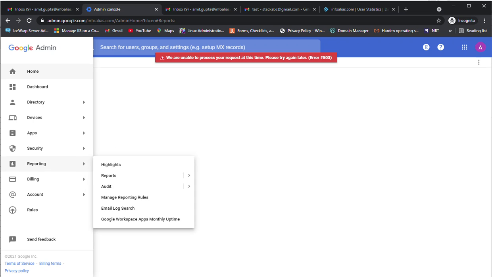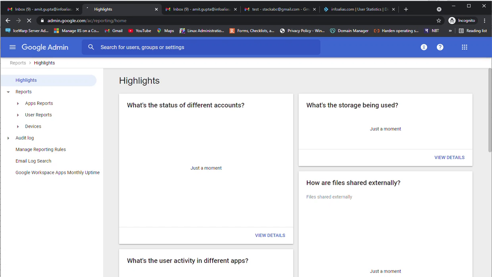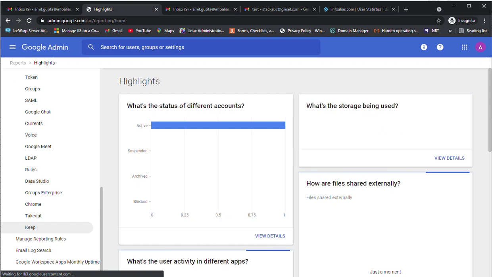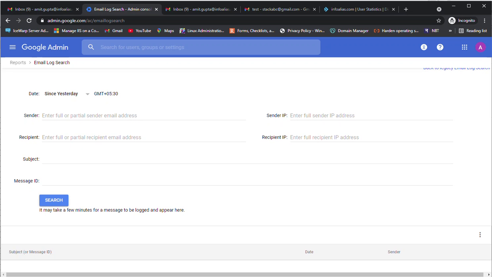So this can also be extracted by going to reports, and in the reports tab again going to email log search and typing the sender, or the time when you sent the email. Then you will see the message which has not been delivered or bounced back.